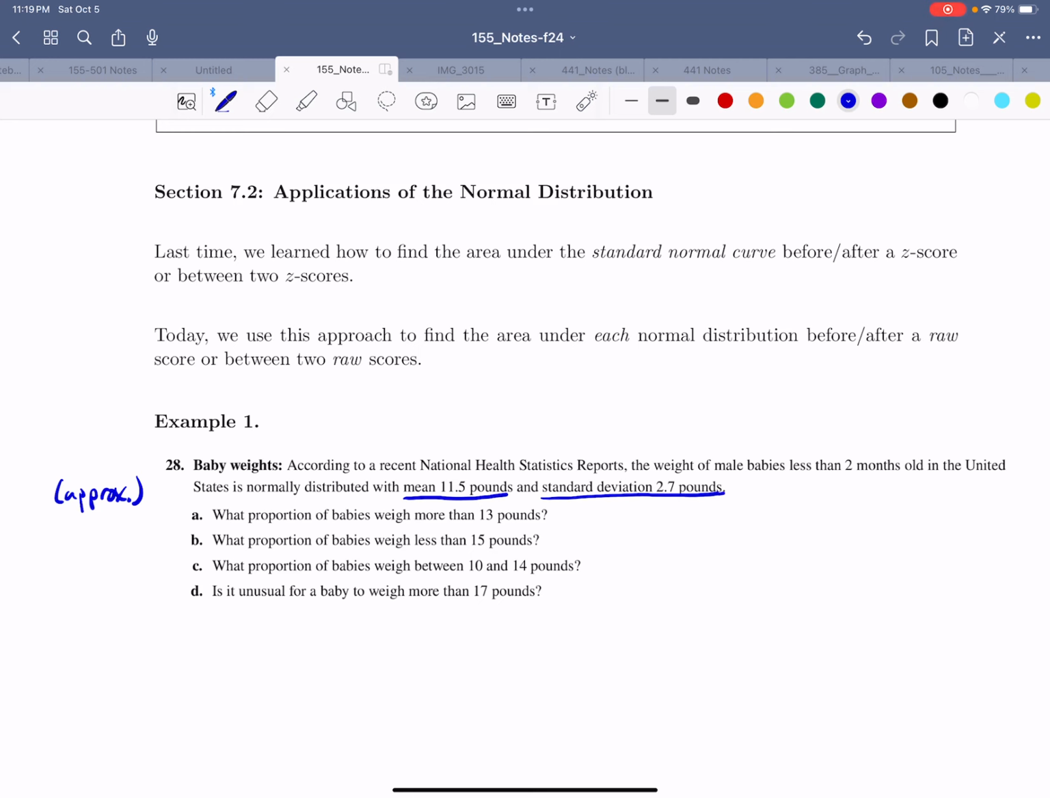I find that to be hilarious, by the way. I've got a boy, and he was nowhere close to that when he was 2 months. Anyway,